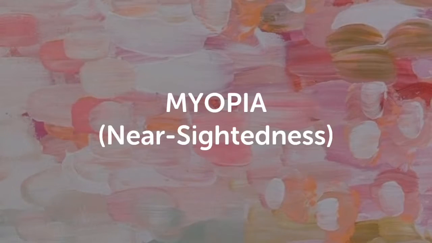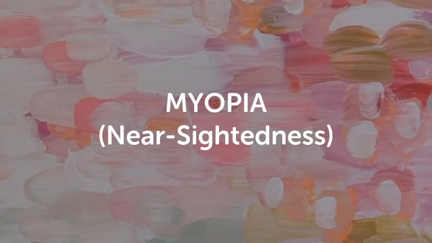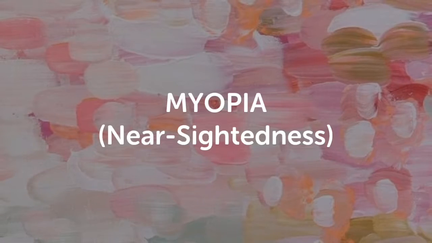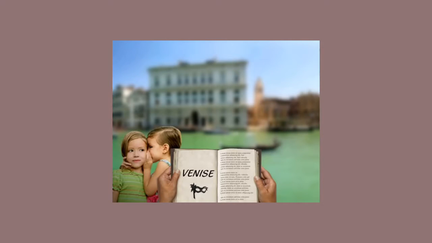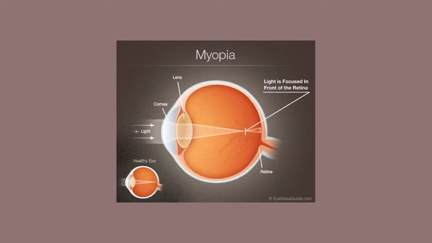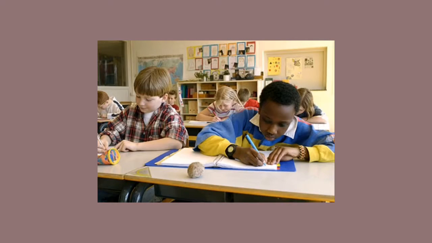Starting off with myopia. Myopia is also termed as nearsightedness. It is a refractive condition characterized by blurring of vision at far or at distance and is corrected by minus lenses. This happens when the distance between the cornea and retina is too long, therefore bringing the focus in front of the retina. Myopia usually occurs in children, especially students, for they are the ones most exposed to near works,